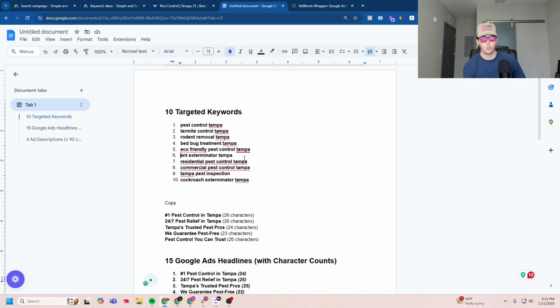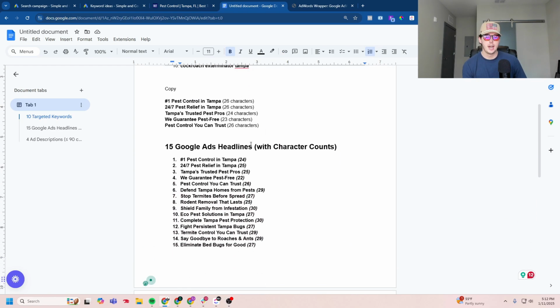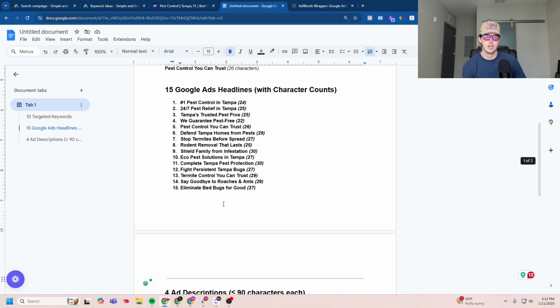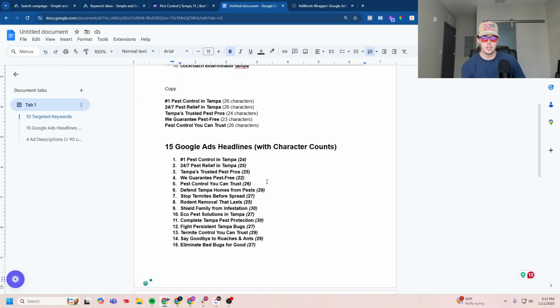And so we are going to be using them. Now, the other thing I have in here is you can see the headlines and ad copy I have written. I have the character count because you can only write headlines that are 30 characters long. You can only do descriptions that are 90 characters long, excuse me. So that being said, the number one kind of takeaway for ad copy, if you watched this far into the